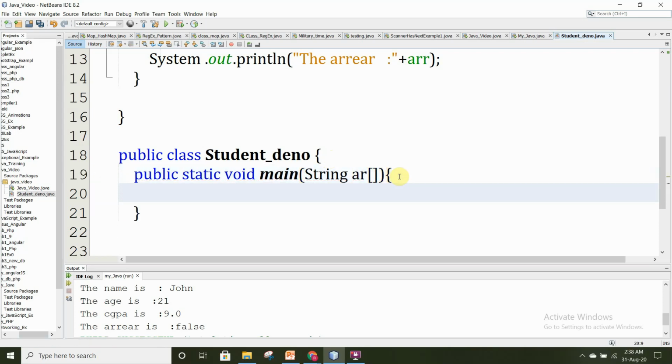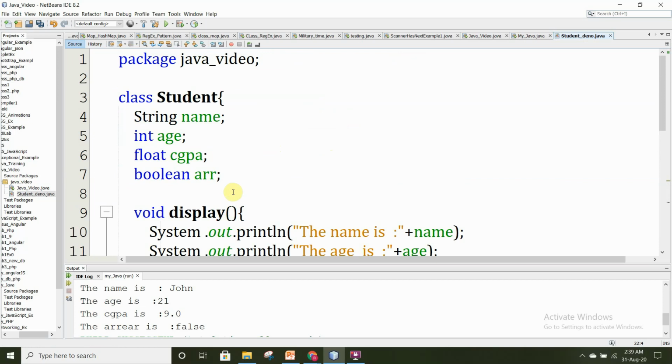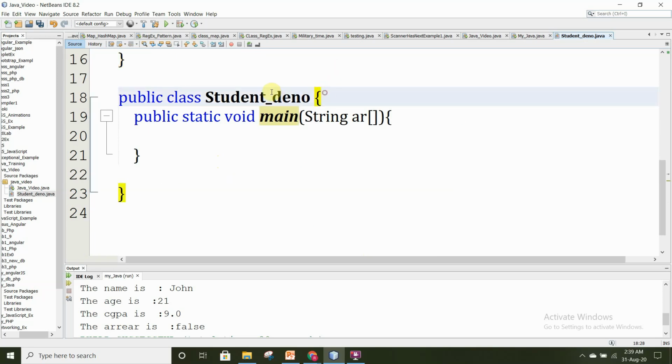Now we have to say the curly brace, and we know that this is a class which is going to have the main function. So this class should be public because it should be accessible by everybody, and we know that the main function is the entry point of our class. So in a program we can have any number of classes, but only one class will have the main function. So here we have a student class, and now here we have another class whose name is student demo, and that should be the name of the file also,